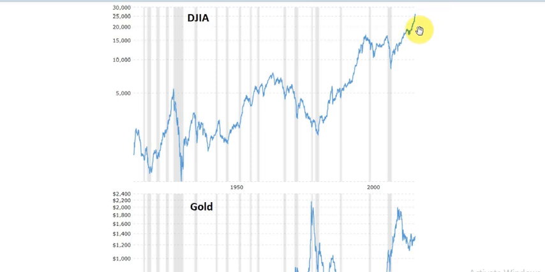However, there is another scenario, scenario B, which I think is more likely, and I'll talk about the reasons why it is more likely as well. In scenario B, we have not actually finished this super cycle yet, and we are going to see a more significant crash in the stock market than a 50% correction. For example, in the early 30s, the stock market crashed by 90%. In the 70s, it declined by 60%. So there is a possibility that we're going to lose more than 50%